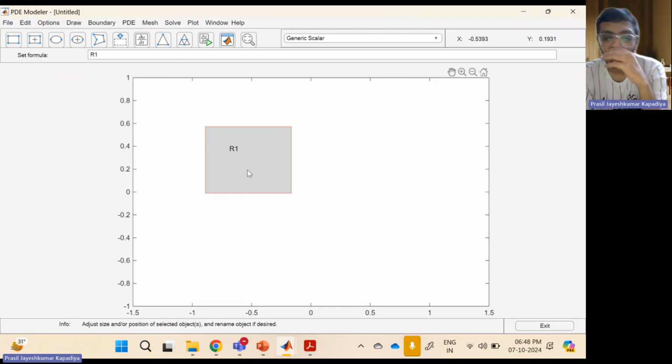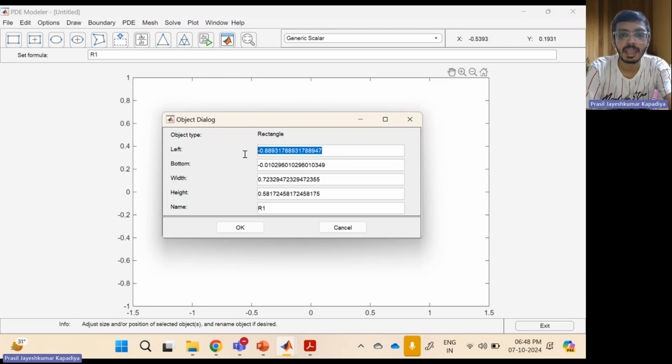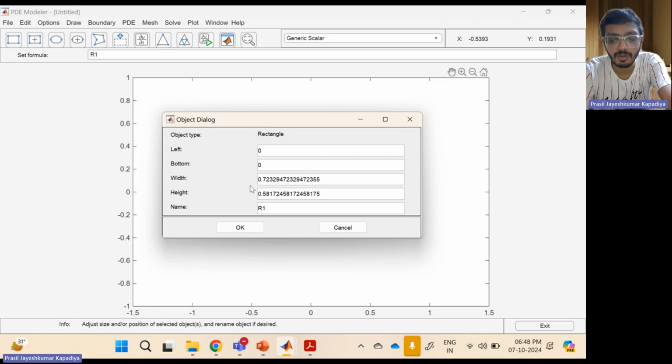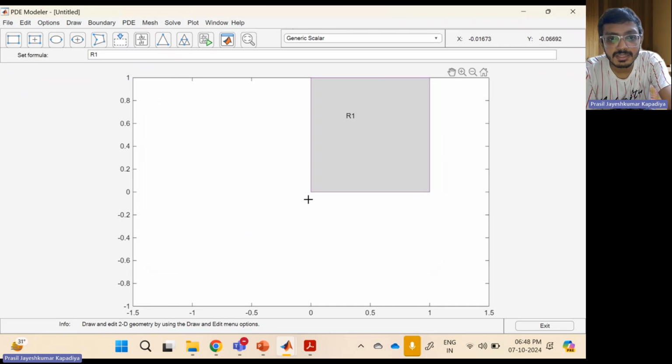So what can I do? I can change this X and Y value. So it is 1, 1. Height and width both are 1. Okay. So X is equal to 0 to 1, and Y is 0 to 1. Yeah. So we can also